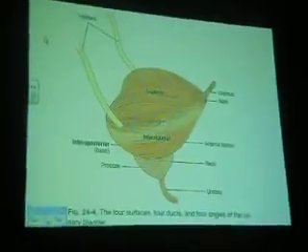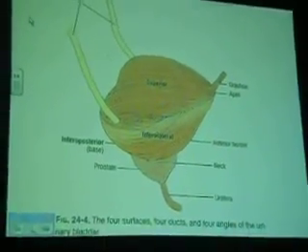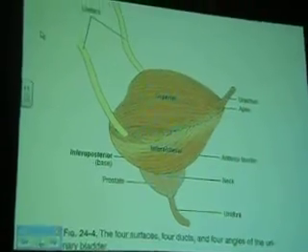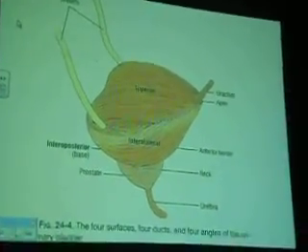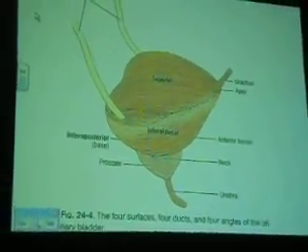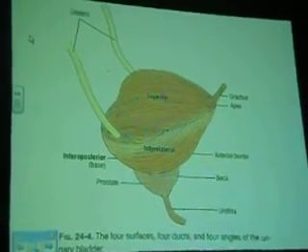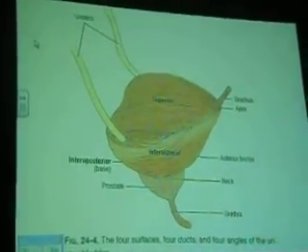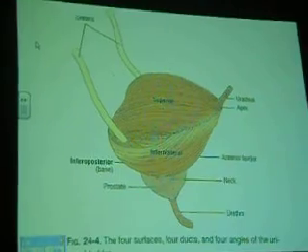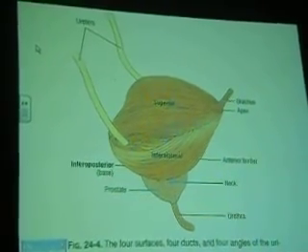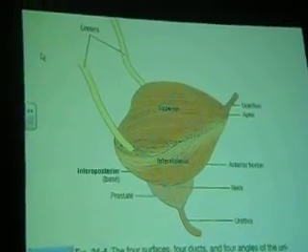Anatomical names are applied to different parts of the bladder. So, I will try to make it more simple for you. I cannot make it simpler. Einstein said you can make things simple, you can make it simpler.